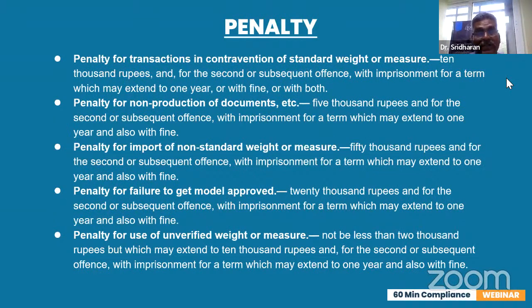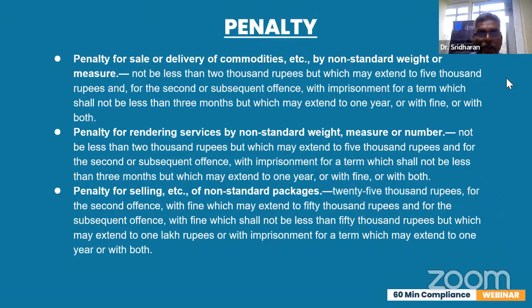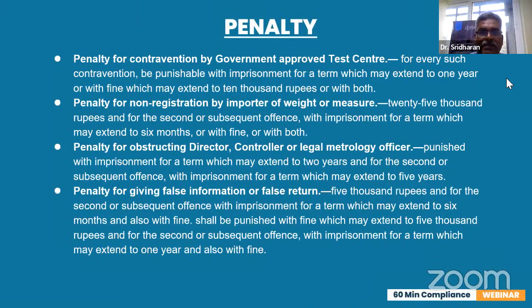Penalty for transaction in contravention of standard weight or measure. Penalty for non-production of documents. For import of non-standard weight or measure, for failure to get model approved, for use of unverified weight and measure, penalty for sale or delivery of commodities by non-standard weight or measure, for rendering services by non-standard weight, measure or number, penalty for selling of non-standard packages, penalty for contravention by government approved test centers, penalty for non-registration by importer of weight or measure, penalty for obstructing director, controller or legal metrology officer, penalty for giving false information or false return,